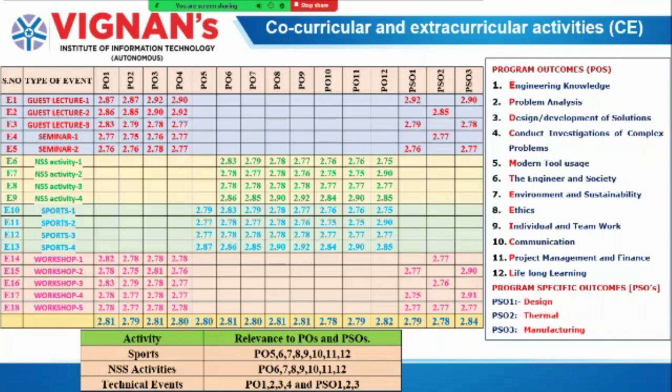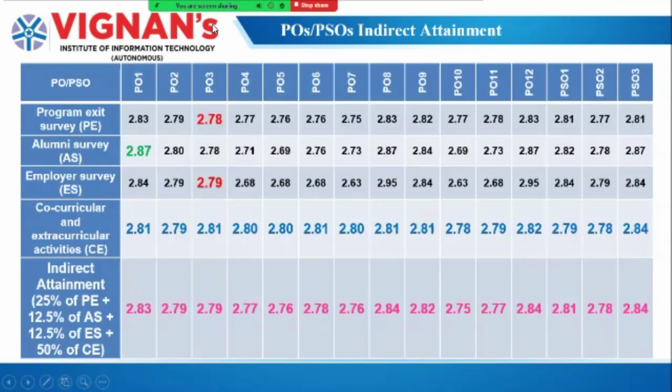This is the indirect attainment of this co-curricular and extracurricular activities. So after getting all this, you have to add in this table. This is program exit survey, preliminary survey, employee survey, co-curricular and extracurricular activities. So you have to take the